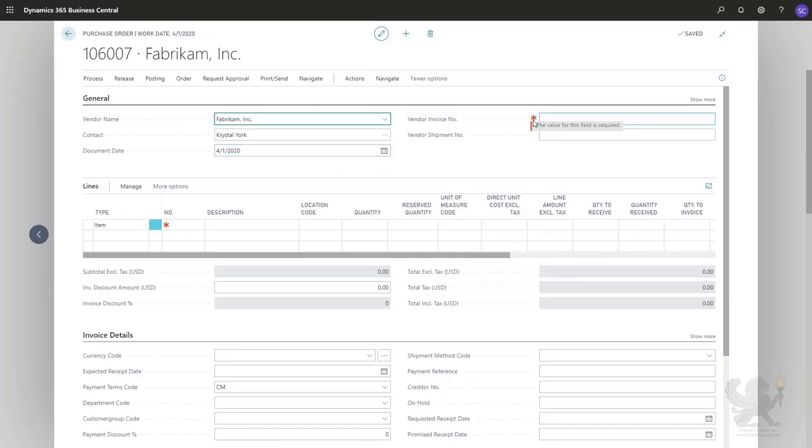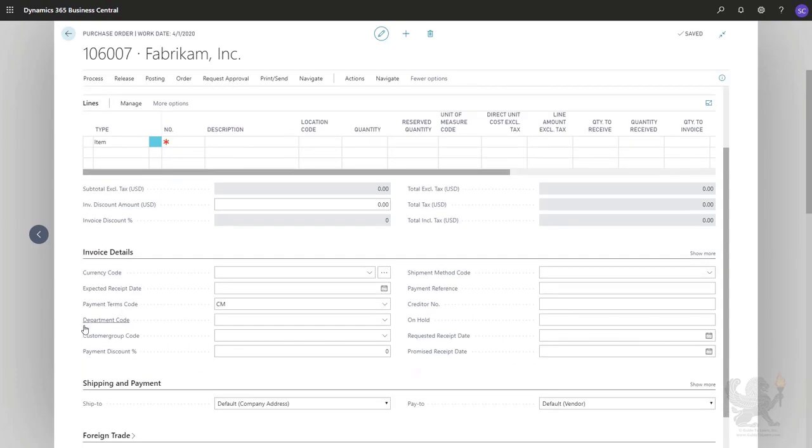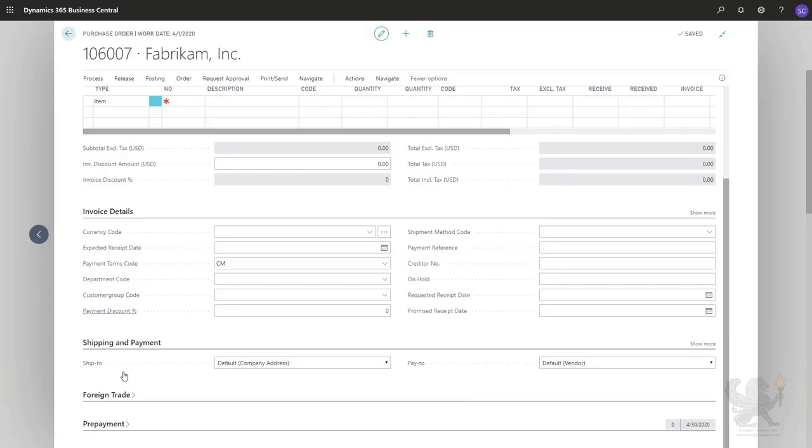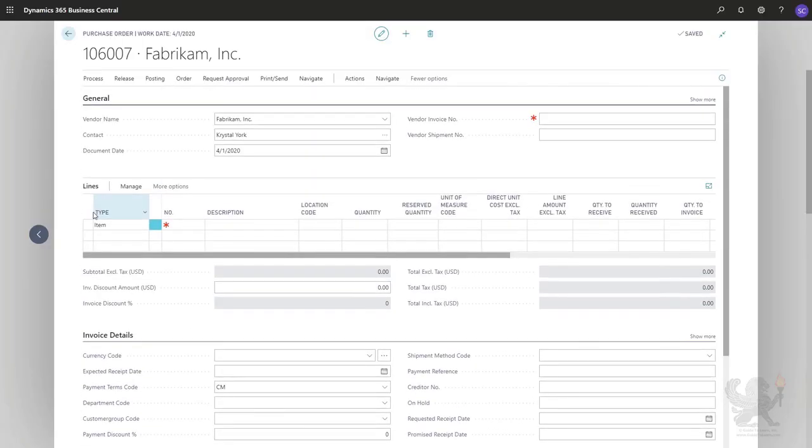Now you see that there is a mandatory field. So this field is required, but not at the entry level of the document. It's required when you start processing your order. So for now, we can leave the invoice number blank. You also see that you have a number of fast steps like invoice details, where you can determine the payment terms or the payment discount. You also have, for instance, shipping and payment, foreign trade and prepayment, but we are now going to work with